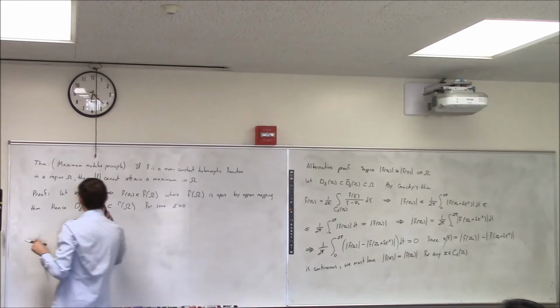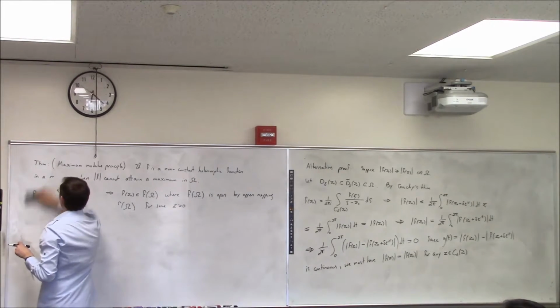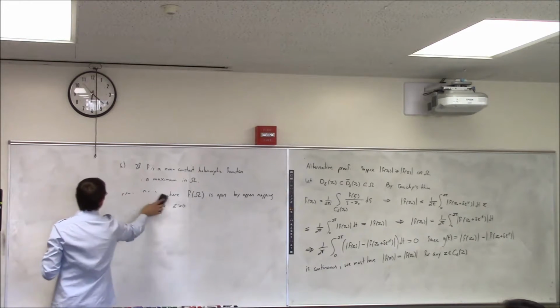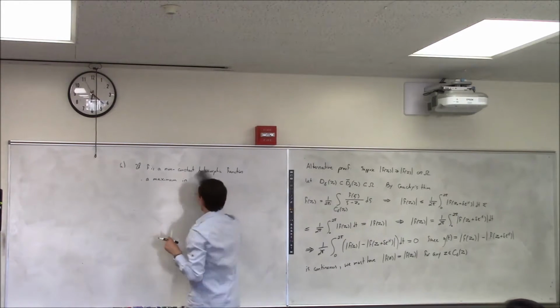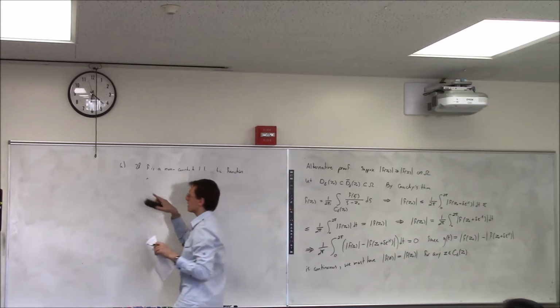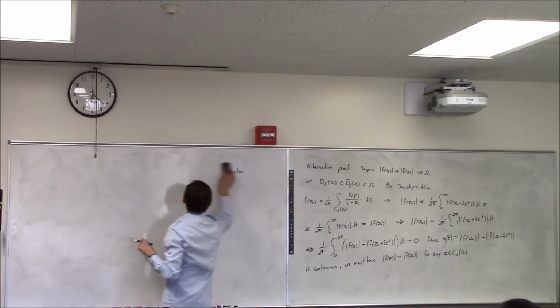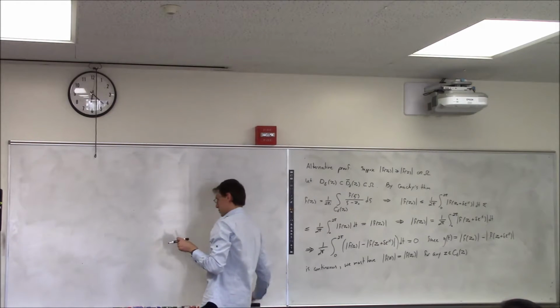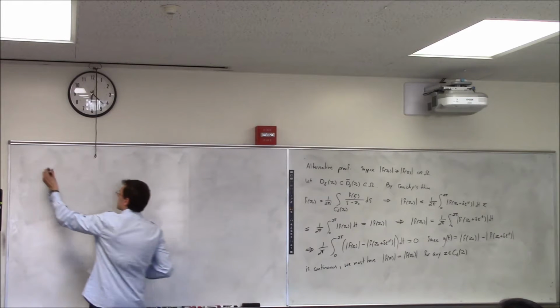It's very tempting, actually. When I was writing it today, I thought I was done, because it's very tempting to say that the function is constant on the circle. But it's not quite done yet, because the function only has a constant modulus on the circle. So what we do next is we are going to say that since